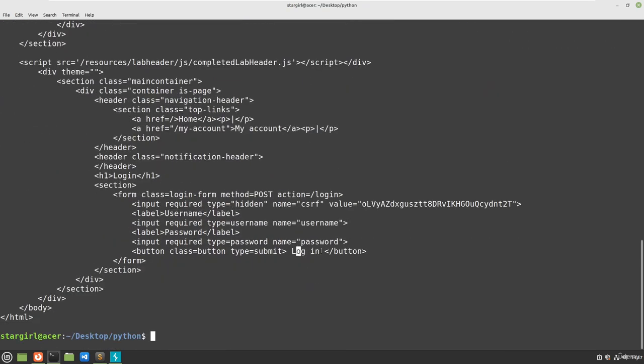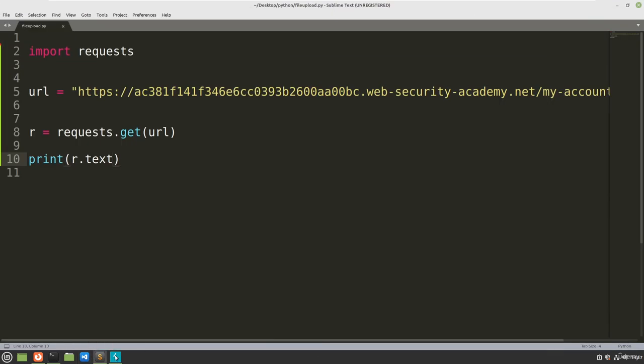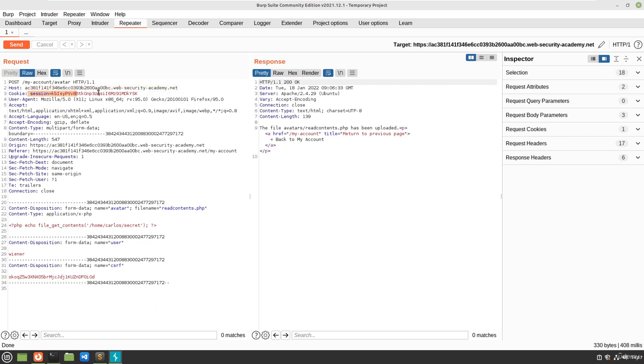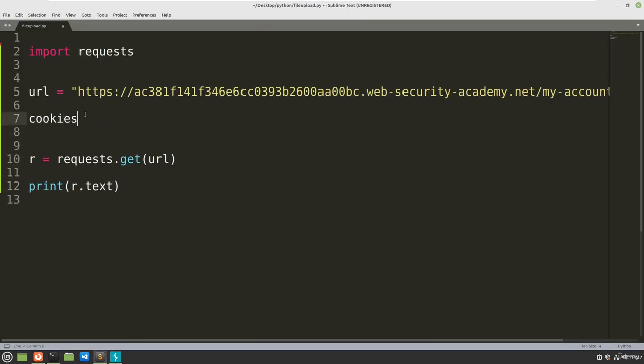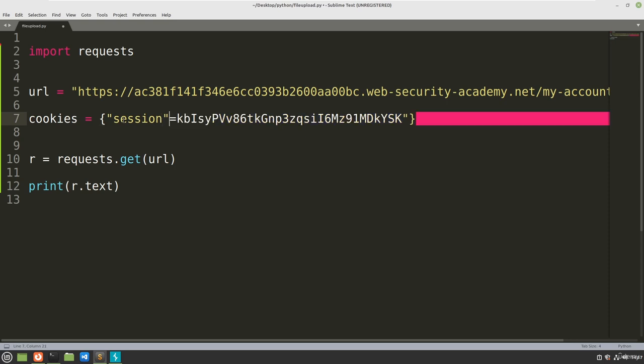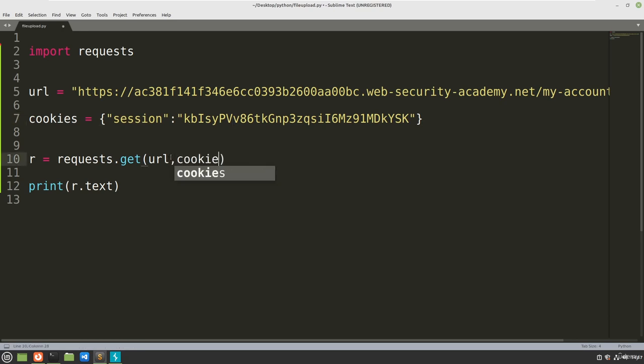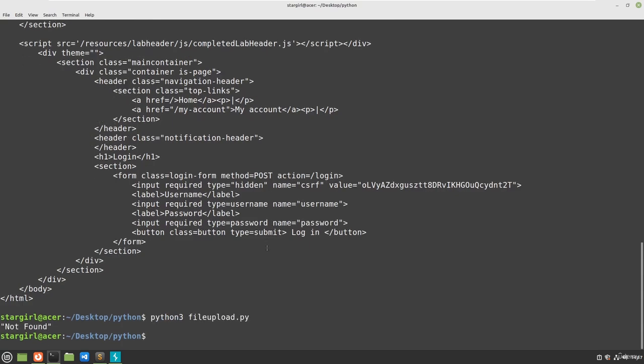So you can see the username and the password. It is asking me to log in because we did not send the session ID. So copy this one, and now we are going to send the cookies as well. Let's say cookies, and the session. You need to send this in dictionary format, as key-value pairs. So cookies contains the session ID, and we can say cookies equals cookies. Now if I run the same script, you can see not found,